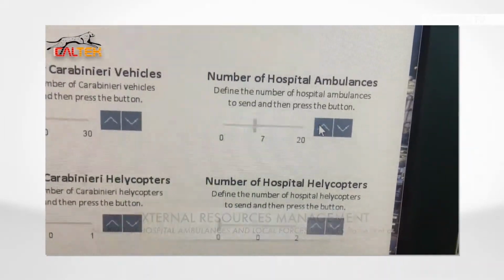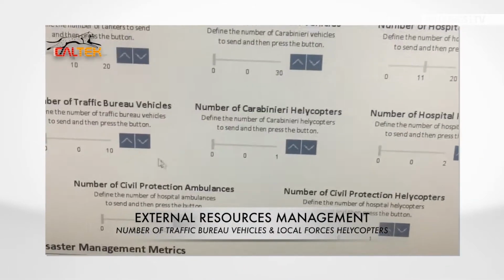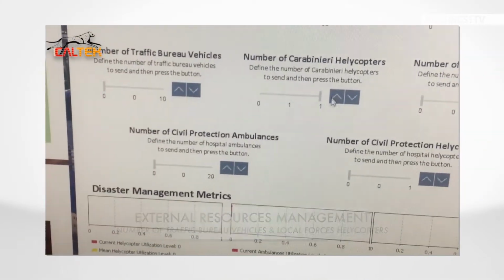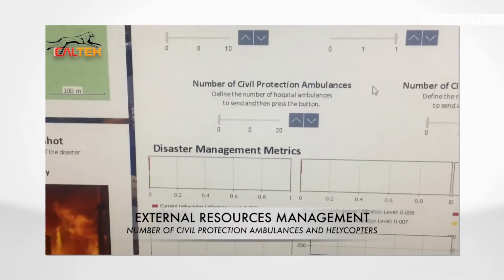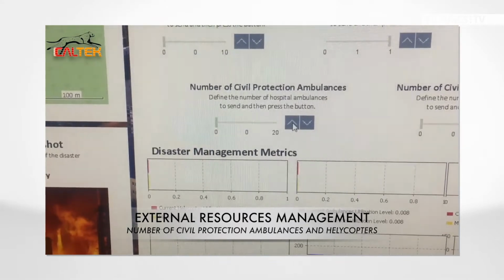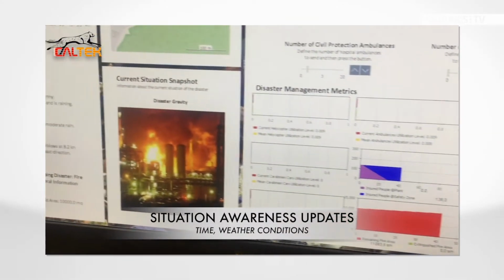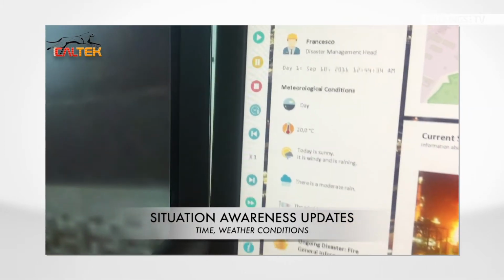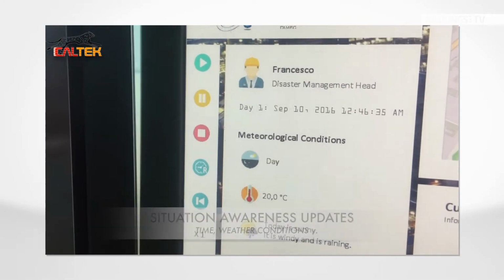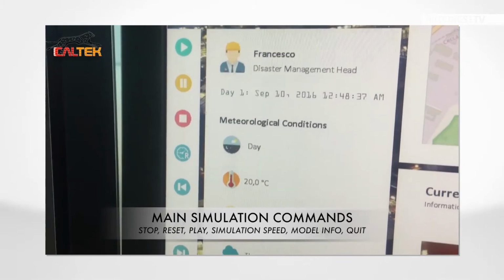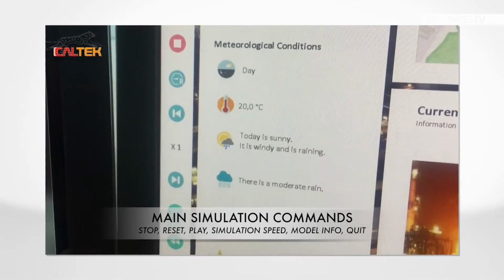Obviously, if we send all the resources we have available, perhaps we will be able to solve the problem. But vice versa, if we send few resources, perhaps we will not solve the emergency. Therefore, we have to find the right trade-off between the number of resources we send and the number of resources that we keep, because there will also be other emergencies in other places.